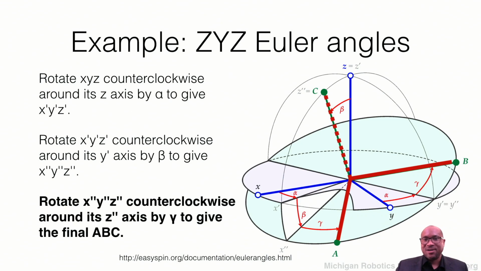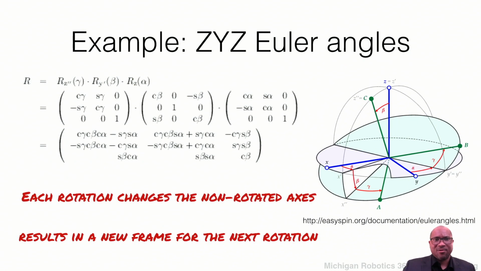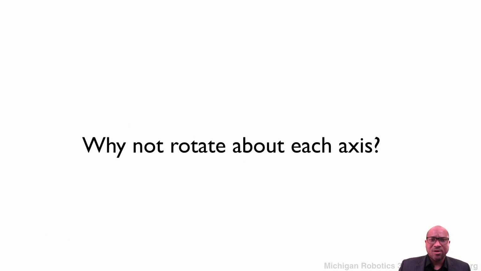But the change of frame that's induced by each of these rotations is actually really, really problematic, and it prevents us from doing the straight axis angle rotation in a straightforward manner. And so here's just an example. I took that off the web, so if you want to work through the math, you can. But important, we get a new frame every time we rotate, and that can be tricky to deal with. And one reason why it's especially problematic is